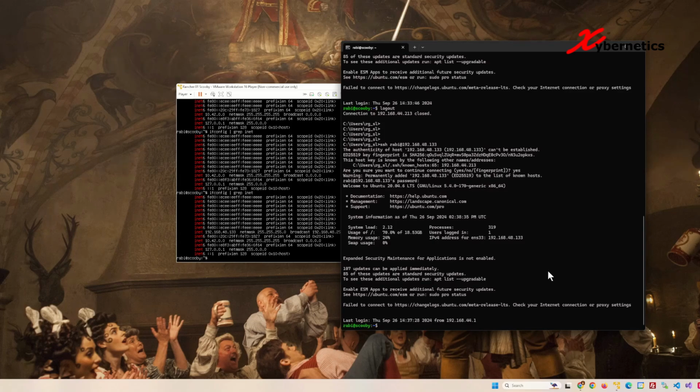Those are the two ways to access your VM via SSH when you are not connected to any of the